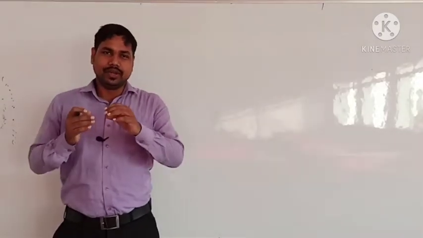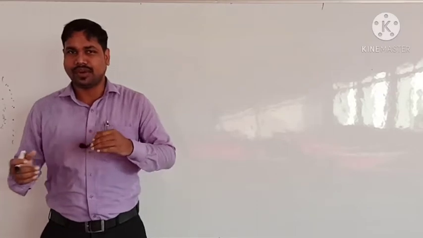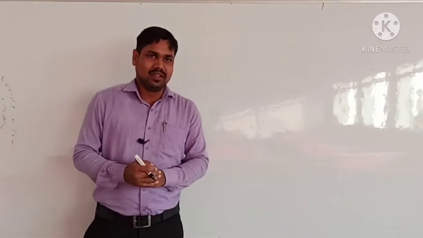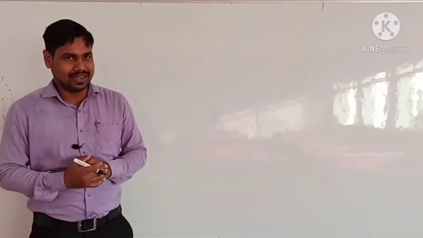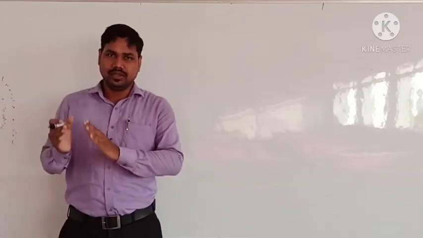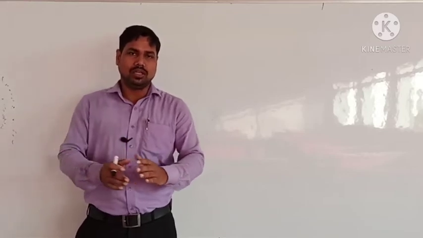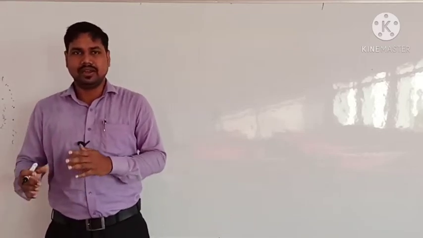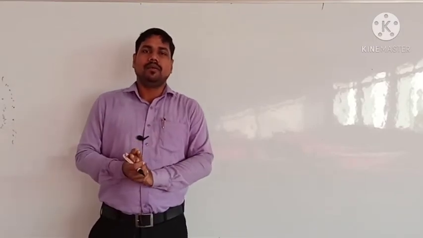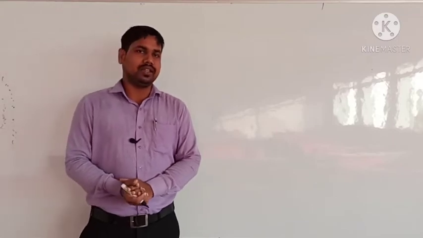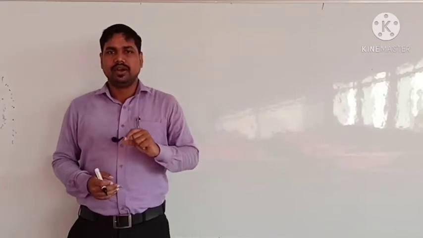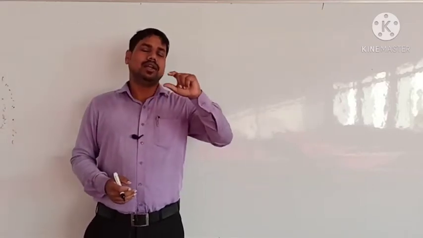Till now, we are learning the part of a whole, fractional numbers. We have learned what a fractional number is, the numerator and denominator of a fractional number, and different types of fractional numbers: like fractions, whose denominators are all the same; unlike fractions, whose denominators are different; unit fractions, whose numerator is 1; and proper and improper fractions. Proper: the denominator is greater than the numerator. Improper: the denominator is less than the numerator.